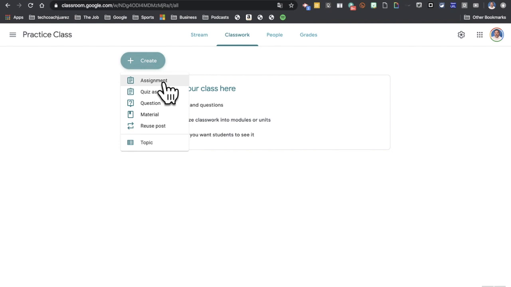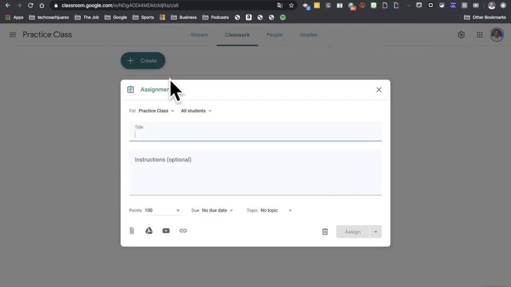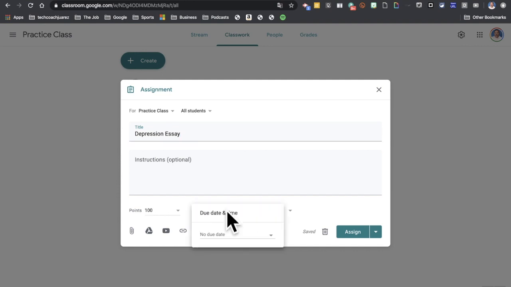So when I click on assignment, if I want to collect work from students through Classroom, I would choose an assignment. So I may call this, let's call this the Great Depression essay. Okay, so I'm going to go ahead and assign this. I can change my due date right here. I could say right here, that's the due date,